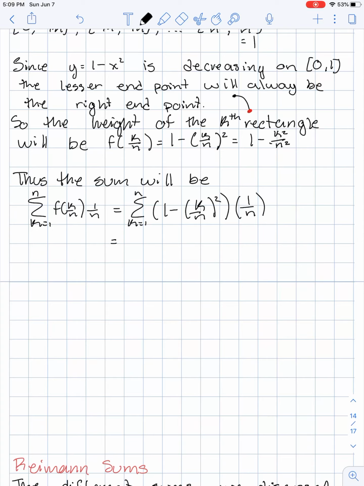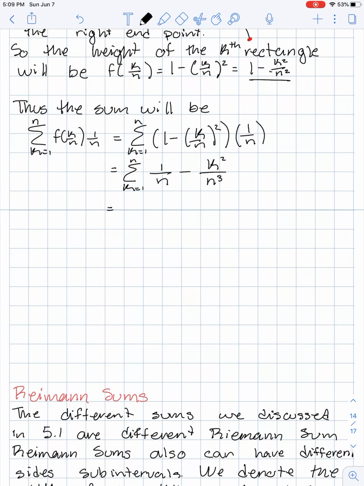Then I'm going to distribute that 1 over n to each term and also make that middle guy look like that. So this is a little simplification, and distribution will give me 1 over n minus k squared over n squared times n, so that's n cubed. Using some of those algebraic laws, we saw that the summation of 1 over n is just going to be n times 1 over n